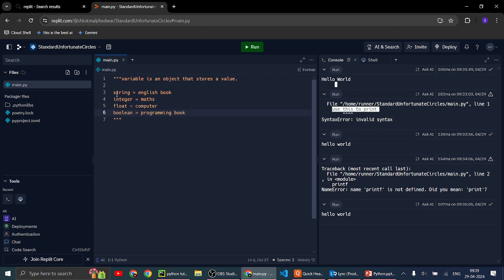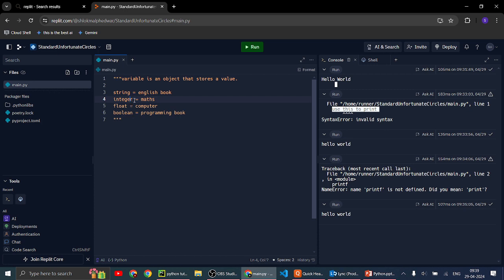These are the types of variables: string, integer, float, and boolean.